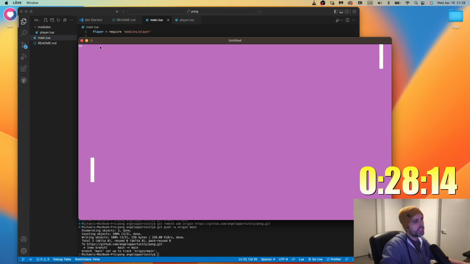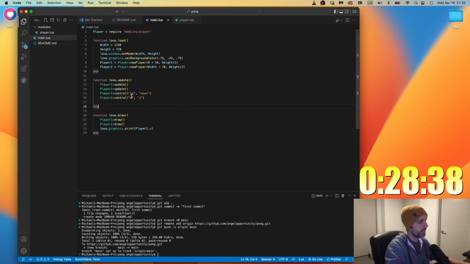So basically, the reason I did velocity instead of just changing the Y by a number is because I want acceleration. And I have acceleration, but it also allows me to tap to get some speed if I don't want to go really fast. But this isn't quite behaving the way I want it. So we have to tweak that a bit.